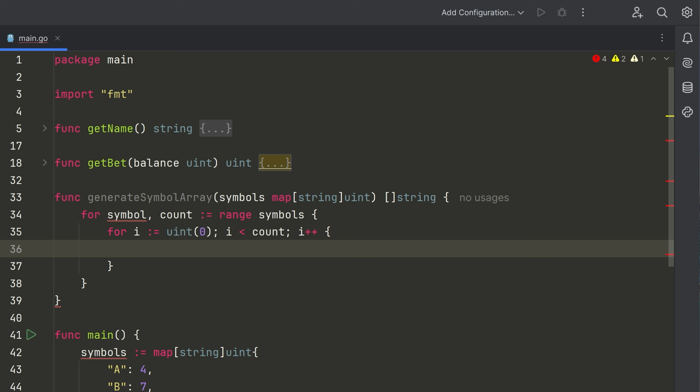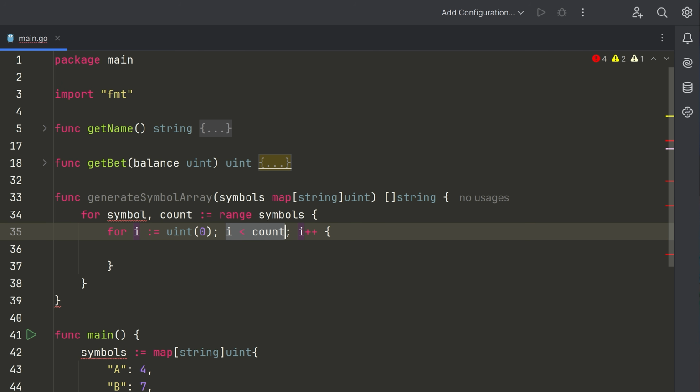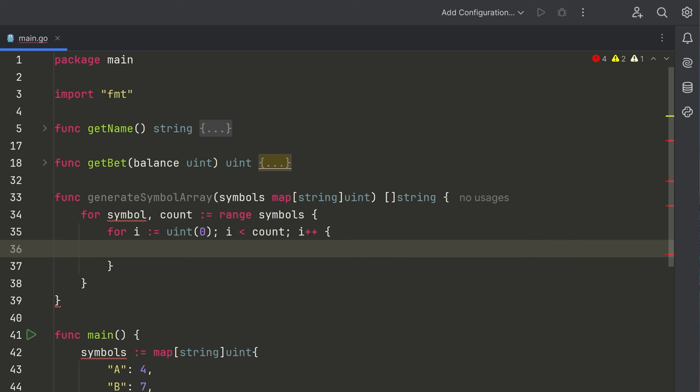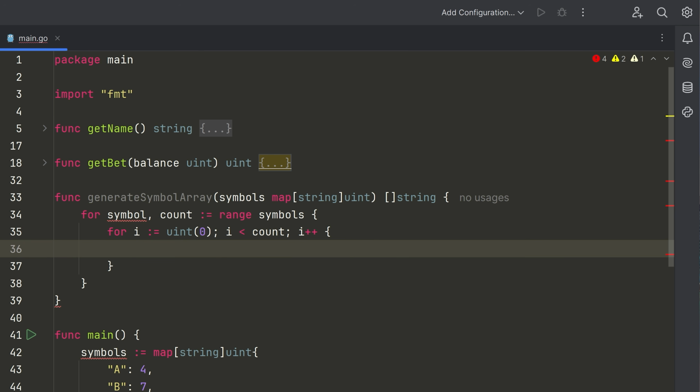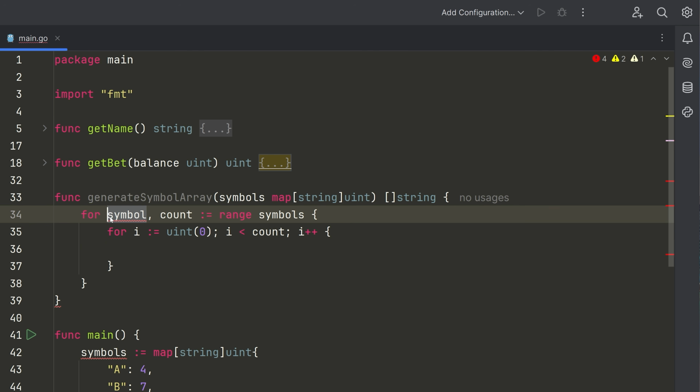Okay, so keep that in mind in Go. Whenever you do arithmetic or comparisons, you need to have the same type as the left and right side operand, or in this case, when we're doing the condition. Okay, so now we have this loop, and we're saying, okay, we now want to loop through the count. And for the count, what we're going to do is append this symbol